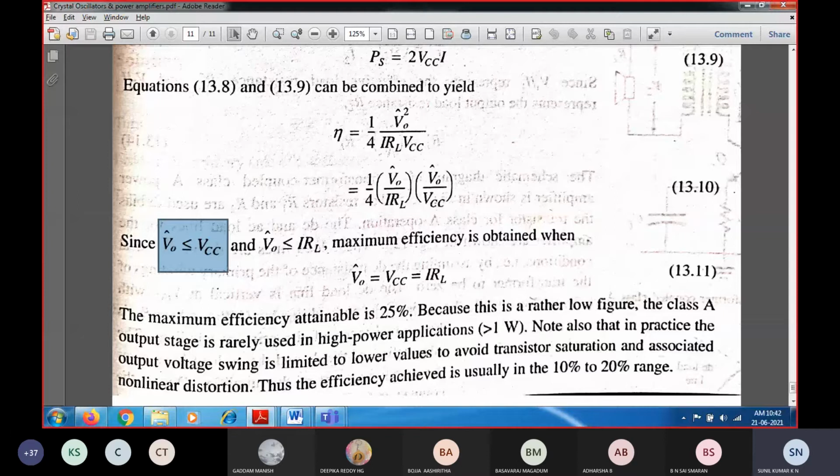So R1, R2 will bias the current of transistor Q1, and through the coupling capacitor you are going to allow the input signal to be passed, so that the coupling capacitor will block the DC sources and allow only the AC voltage to pass at the input side. And across the load instead of RC, which I explained in the previous day's class, not today's class, when I was explaining the RC coupled amplifier, right?